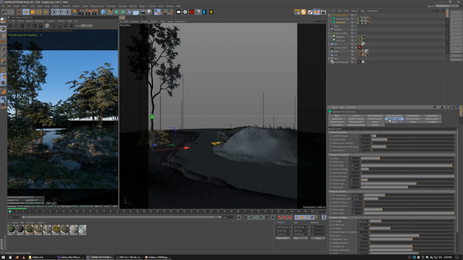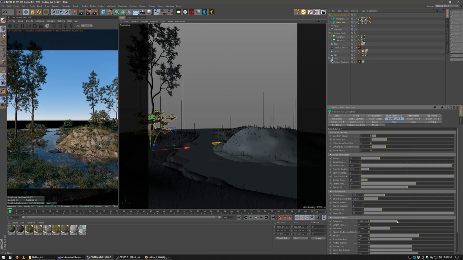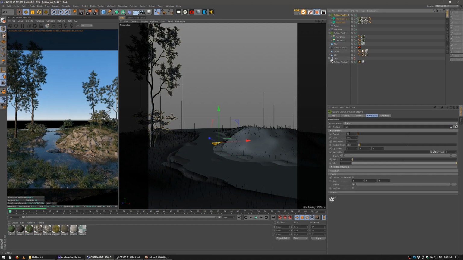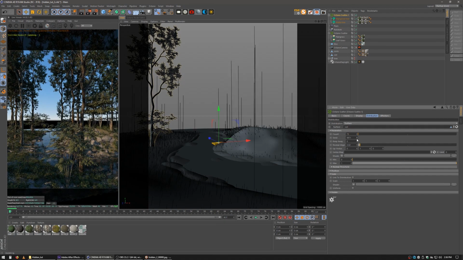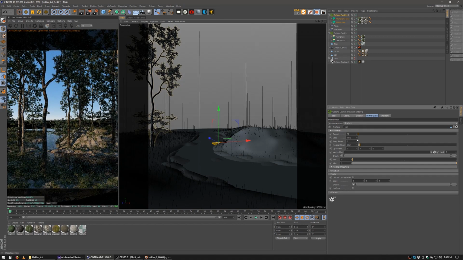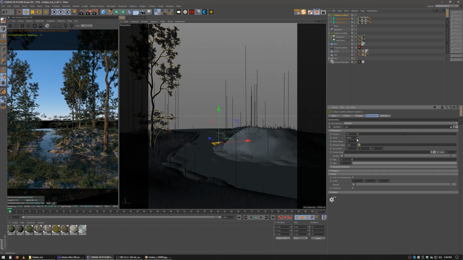But we're also going to increase the branch length up quite a bit. And there we go. And we don't have enough now, so we'll go up to 75. And we're starting to get a nice looking woods